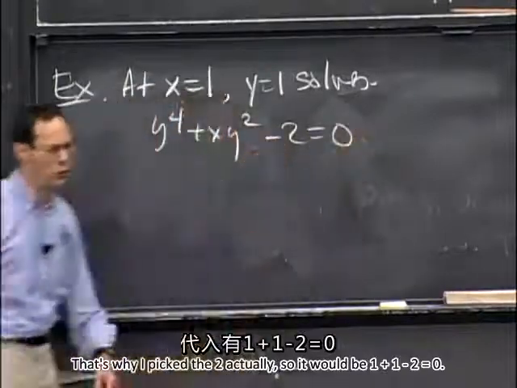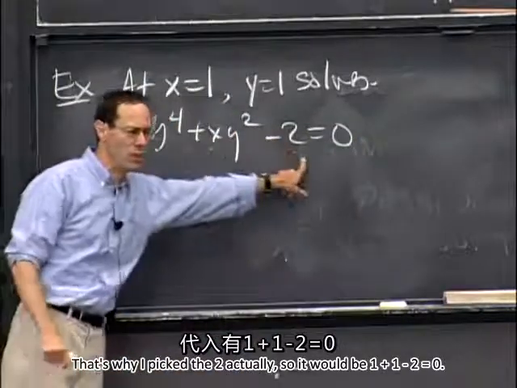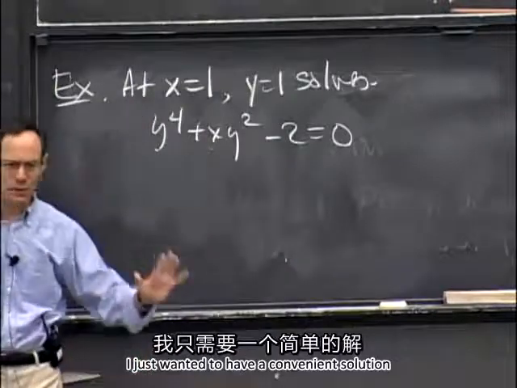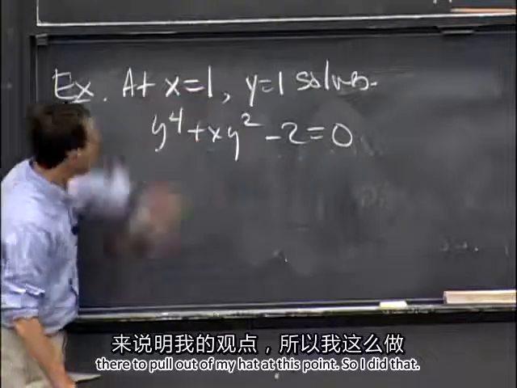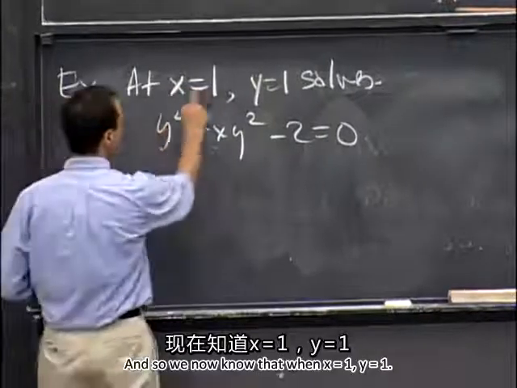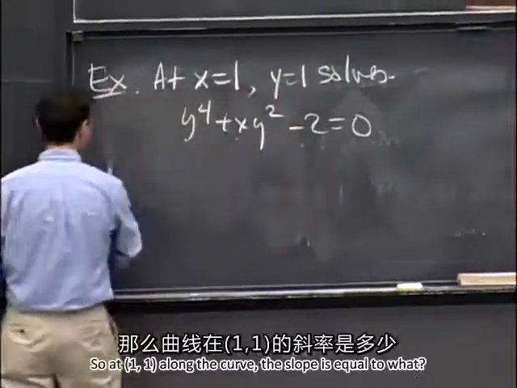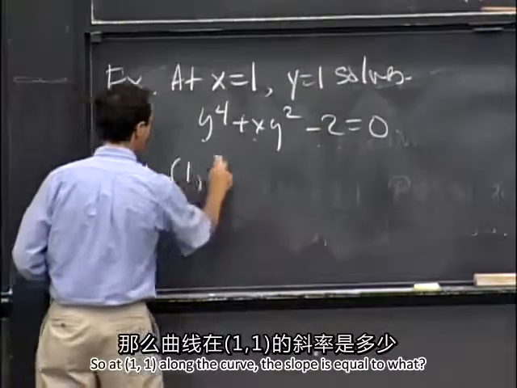That's why I picked the 2, actually. So it would be 1 plus 1 minus 2 equals 0. I just wanted to have a convenient solution there to pull out of my hat at this point. So I did that. And so we now know that when x equals 1, y equals 1, so at 1, 1 along the curve,